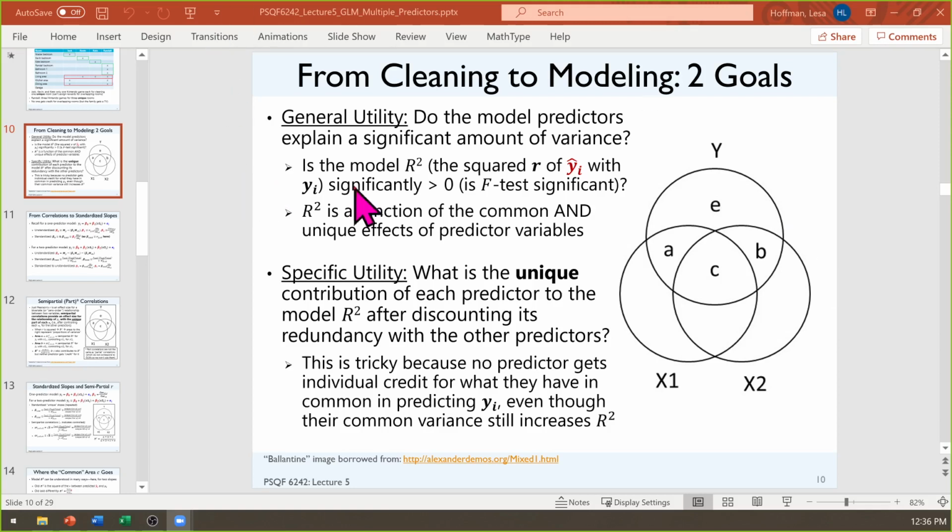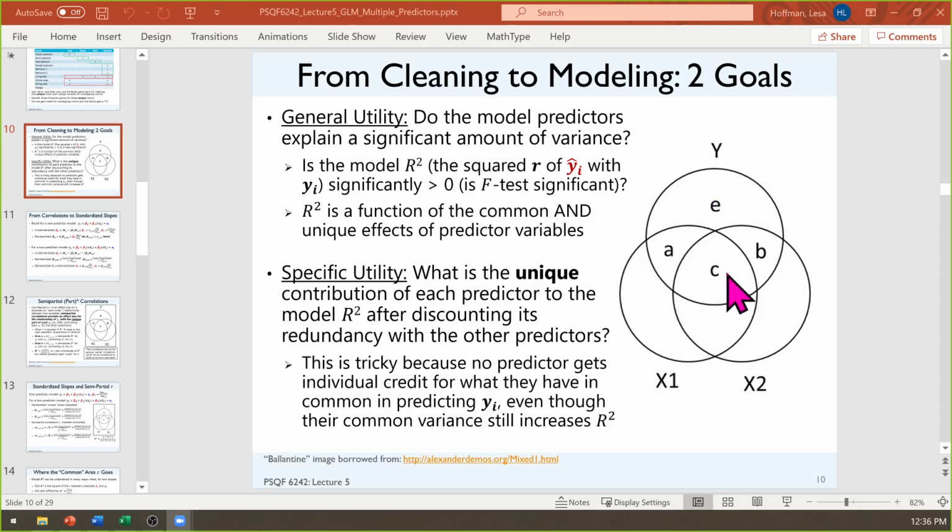So that idea here is displayed graphically with this y as being the outcome, which has been divided up into 4 parts here, A, C, B, and E. E is what we know of as the model residual. So E here represents the part of y that is unrelated to any of the model predictors. So the unexplained variability in y would be the area E.